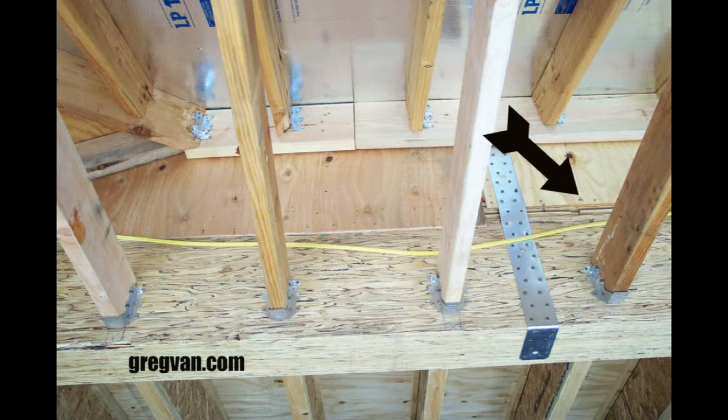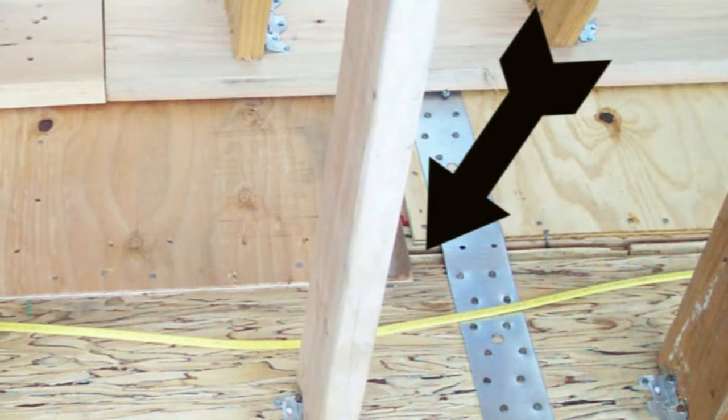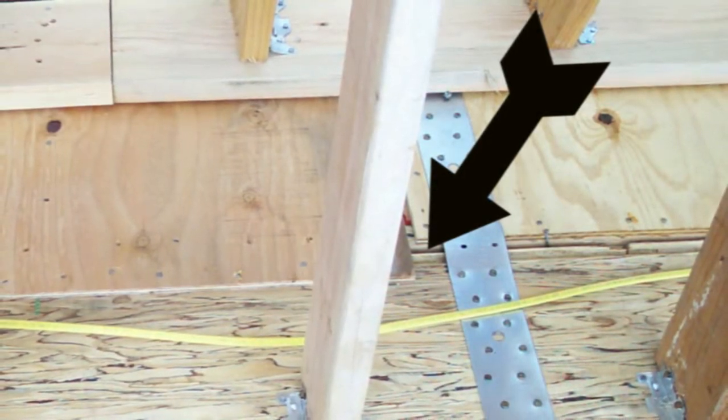What I'm suggesting is that you run the plywood down a little, if it is possible, to nail into the beam and tie the wall securely to the beam. I mean, imagine if the plywood is breaking at the bottom plate, then realistically, if we had a big earthquake, it could separate the bottom plate along with the shear wall from the beam. Now, it wouldn't be as easy. Let's face it, if the plywood was actually connecting to the beam, and again, you can do this in a variety of different locations,